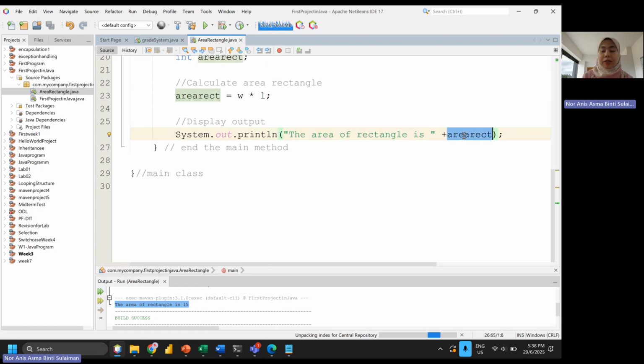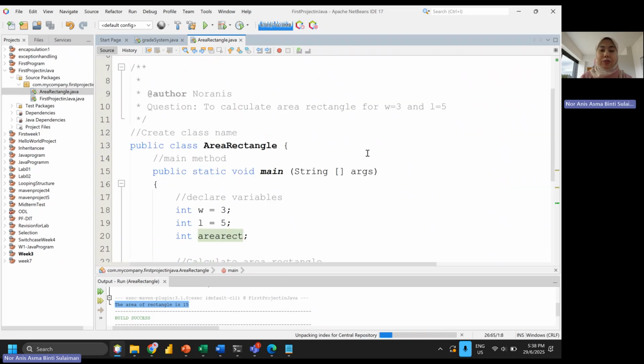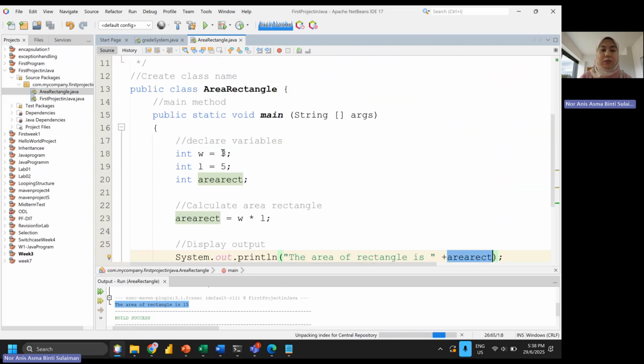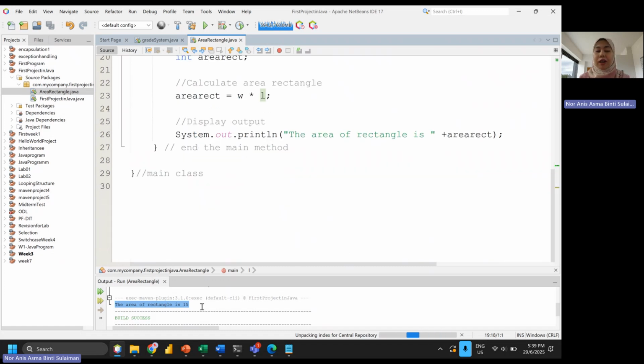And the function here is based on the formula given in line 20 and 23. So you can see it's 15. Why 15? Because your input here is 3 multiplied by L, and the value given for L is 5. So 3 times 5, that is 15. That's why you get the result over here.